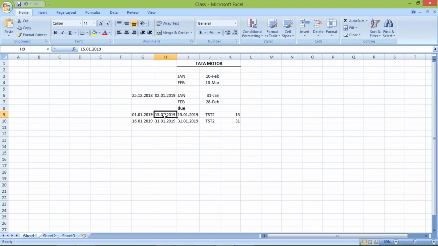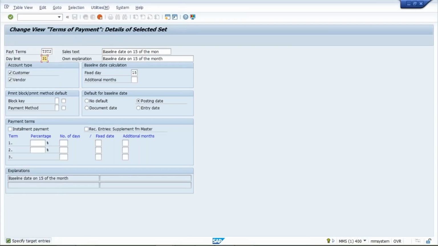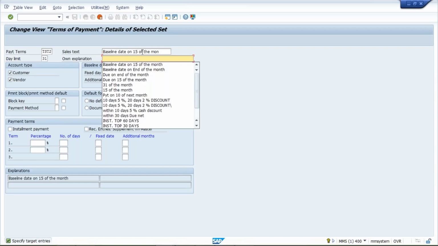So what is the next date after 15th, guys? That is 16th only. So from 16th till 31st, whichever invoices are going to be posted will be due on 31st of which month? 31st of the current month. It means keep it blank and just remove this one